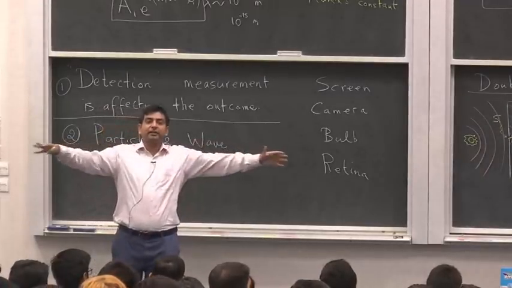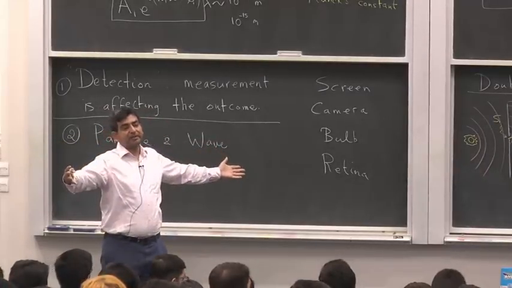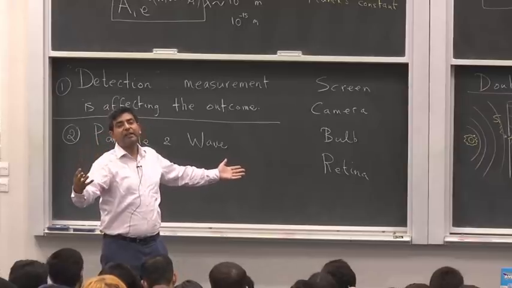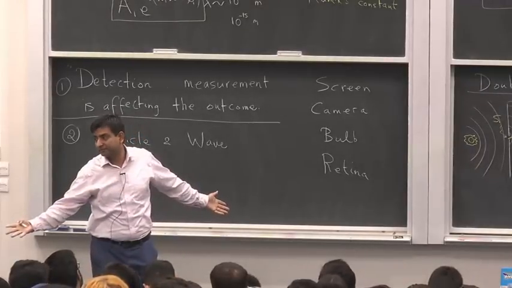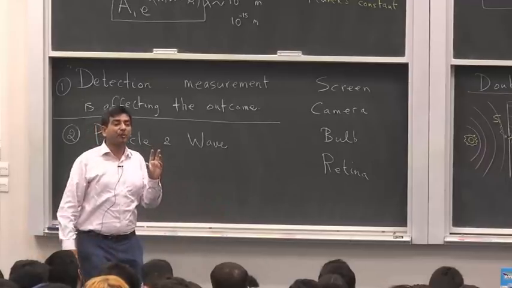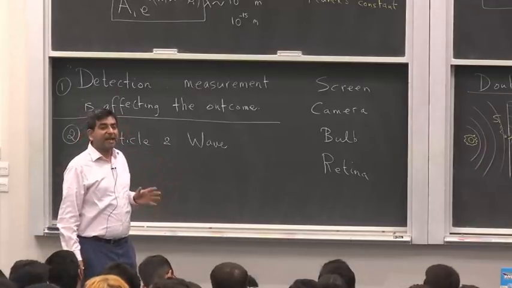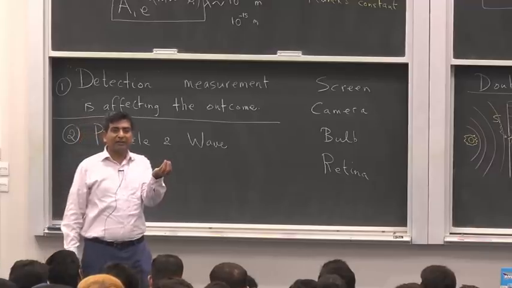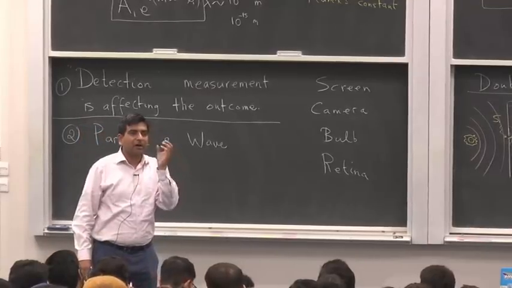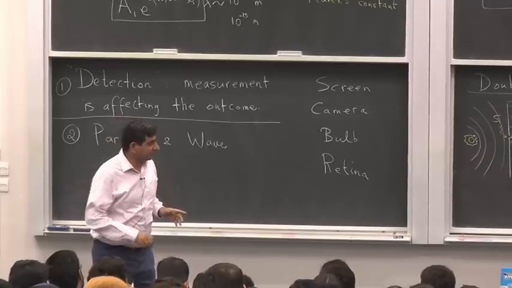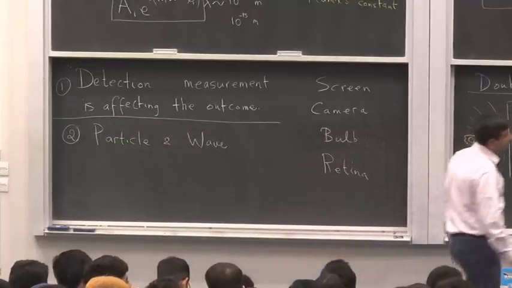The electron is giving you an interference pattern, and the corollary is that the electron is behaving like a wave, because waves interfere. But when you make an observation, what's happening is the electron is a single bunch of energy. And